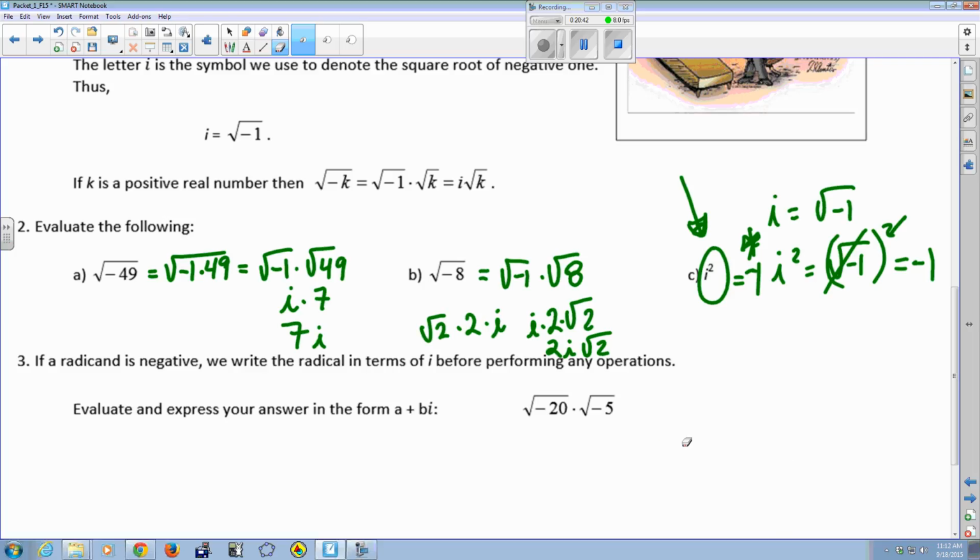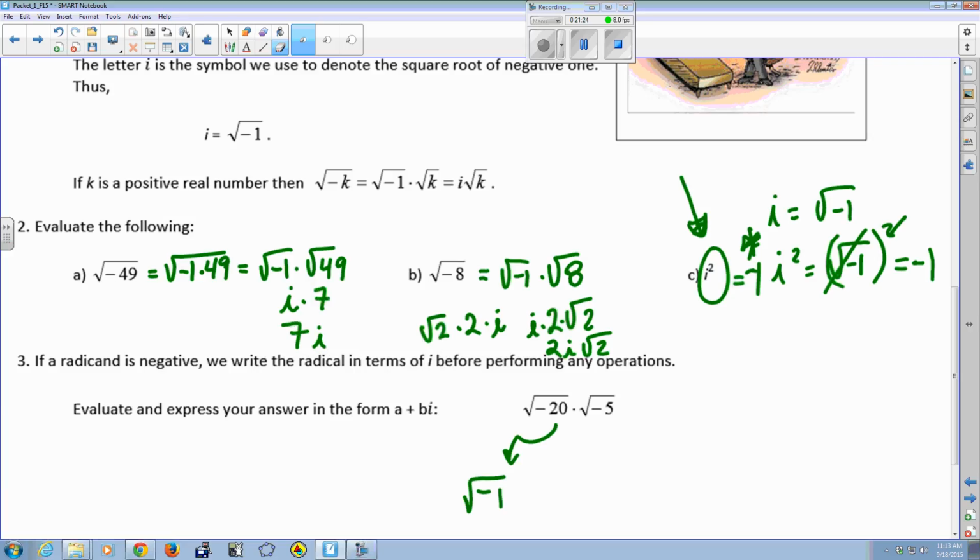The other little thing I wanted to point out is that when we were working with real numbers, we were working with this equation that goes both ways. However, when we're dealing with negative radicals, we don't want to squish those back together. We don't want to call that the square root of -20 times -5, which is 100, because we'll get the wrong answer. So this property is not going to be used when we evaluate expressions that have negative radicands. All right, so what we want to do is evaluate each one individually. So this one will be